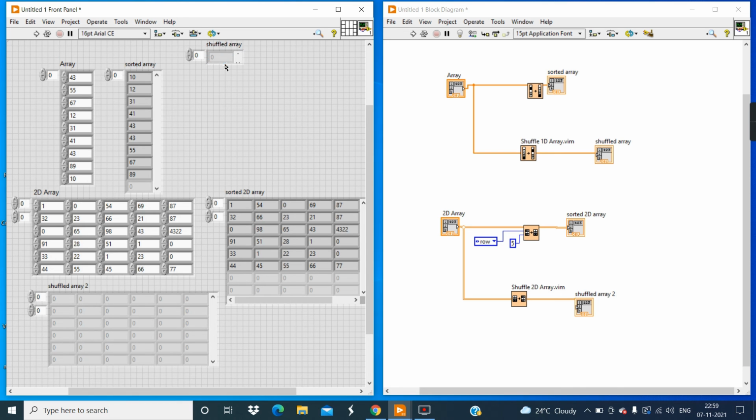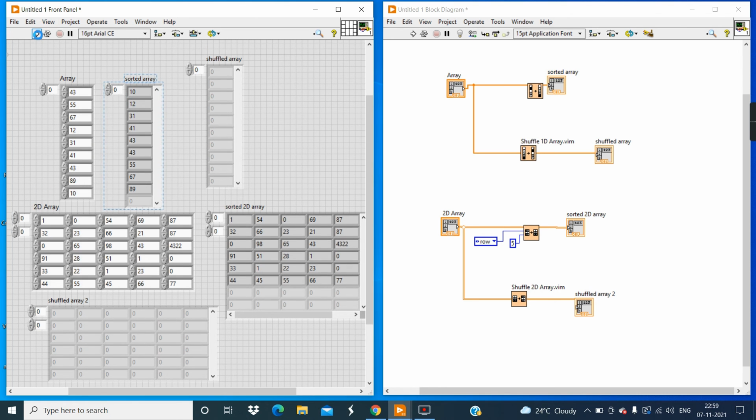Similarly, we increase the elements in a column, and then click on the run button. Now you can see we are getting the pseudo random order from the shuffle array tool. And we have filled all the places of this front panel window.